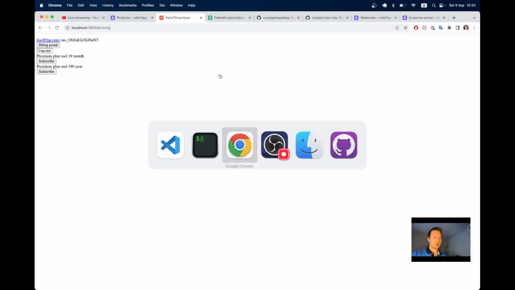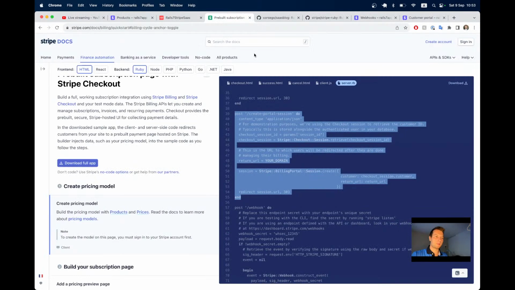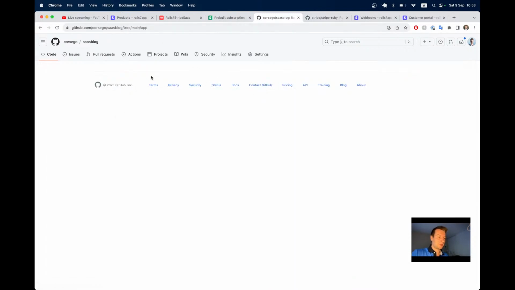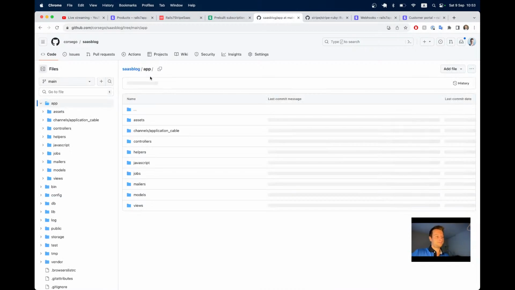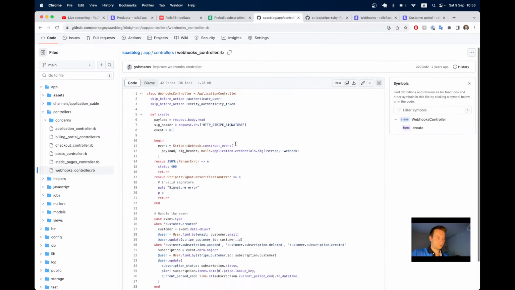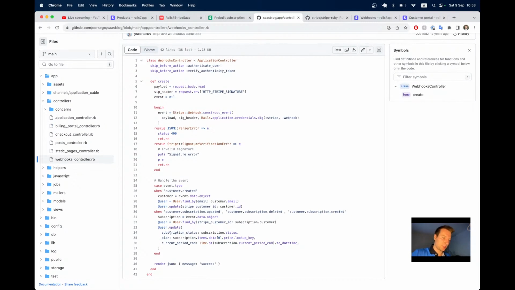Actually, I don't remember exactly, so I'm going to have a look at how I did it previously in this Rails 6 application in December 2021. It's been quite a while. Let's have a look at the webhooks controller here. So controllers, webhooks controller, and here we had